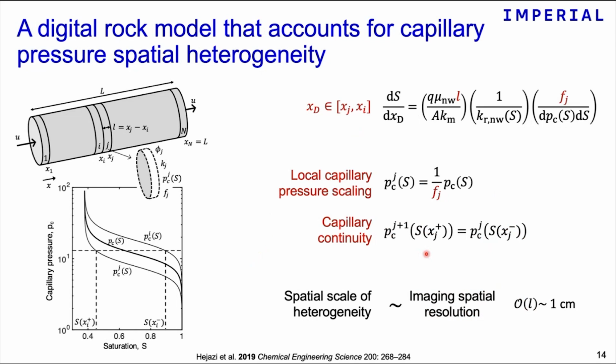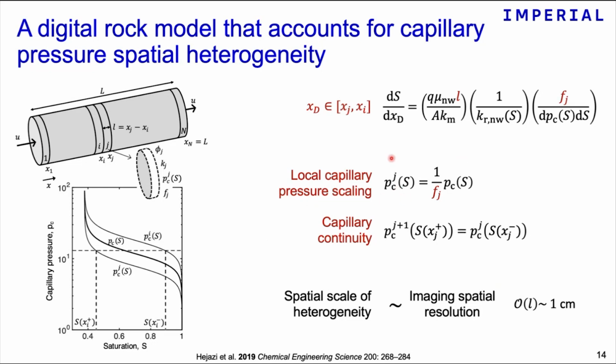And the idea of this model is quite simple and is a fairly small modification to the original equation. So in essence, you are dividing your rock sample into a number of volume elements, and the assumption is that each volume element will have its own capillary pressure curve, which is shifted towards higher or lower values, depending on whether the specific volume element will have a lower or higher capillary entry pressure. So it can be more easily or less easily invaded by the gas, right?